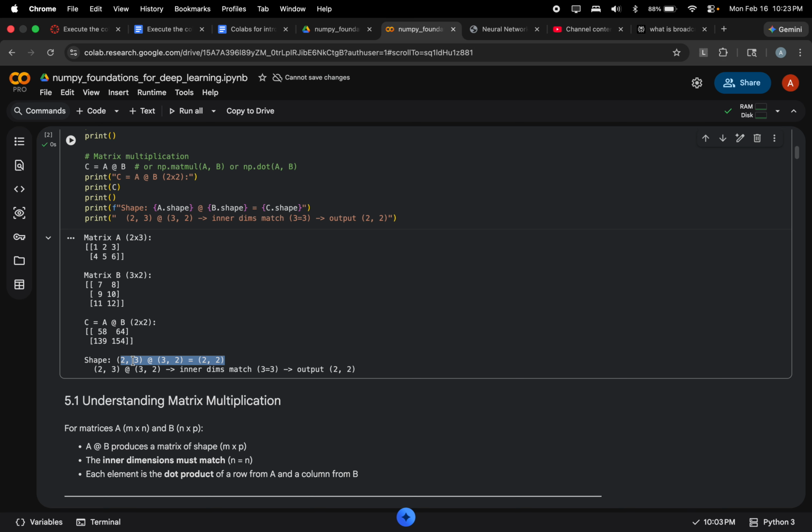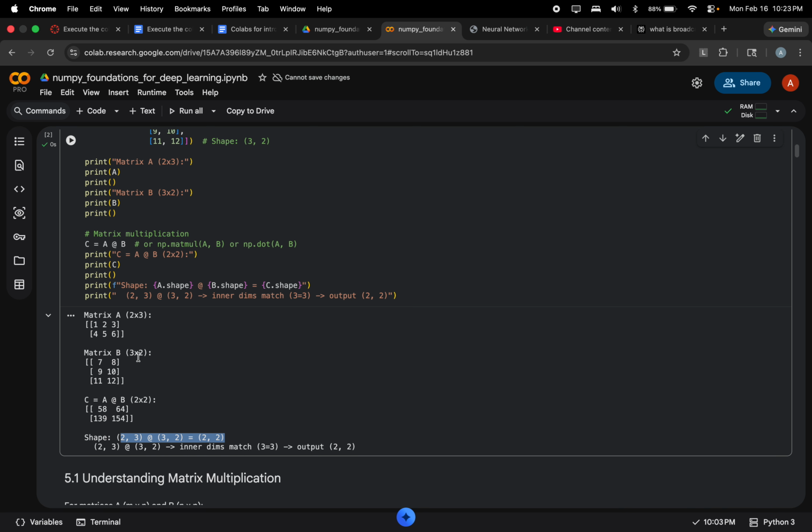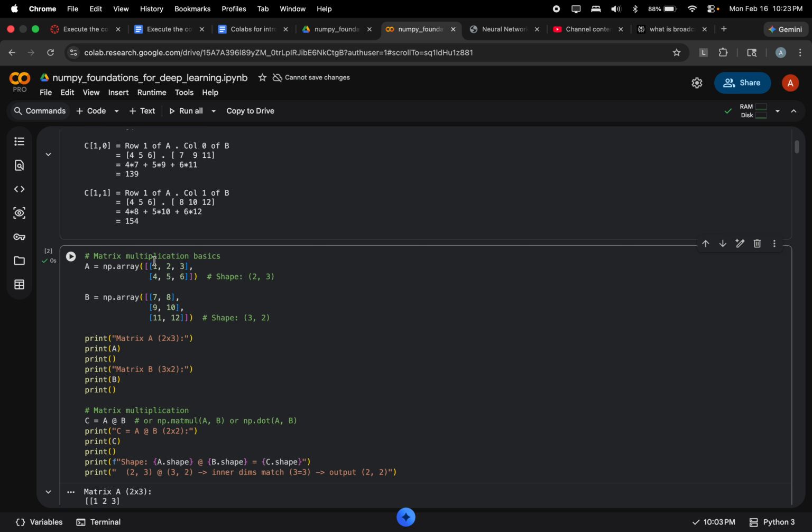So the at symbol, @, defines matrix multiplication in numpy. So here when a 2 cross 3 matrix is multiplied with 3 cross 2, this 3 gets cancelled and we get output in a 2 by 2 matrix. So this is very important. These two numbers should be matching for a matrix multiplication, because this element will get multiplied with this